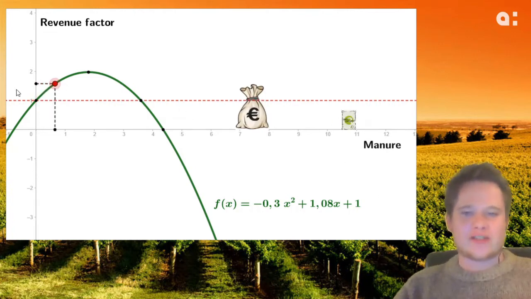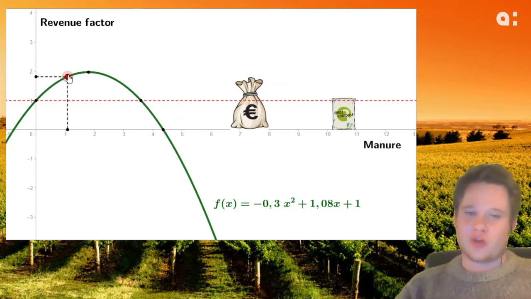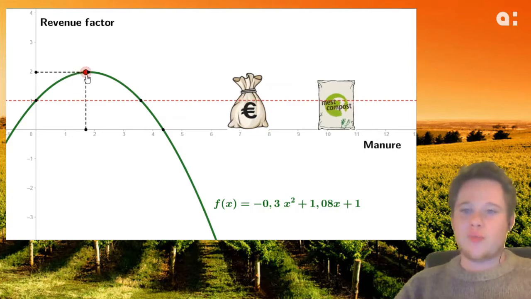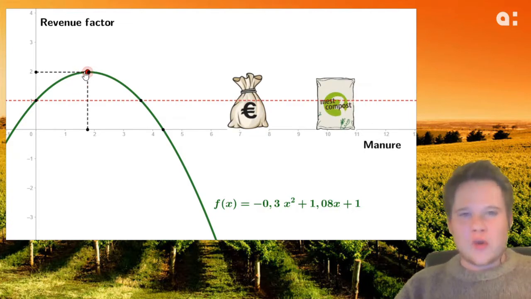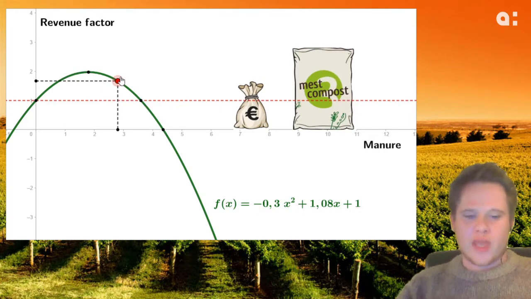If we look further into the graph, we see that the money back is growing by adding some fertilizer. The revenue factor starts to increase because the graph is increasing. The manure improves the quality of the field, which increases the revenue. At a certain point, however, this point, we see that the revenue factor starts to decrease. The money back is shrinking over here. This means that the cost price of the used amount of manure is not viable. Valère spends too much money on his fertilizer.